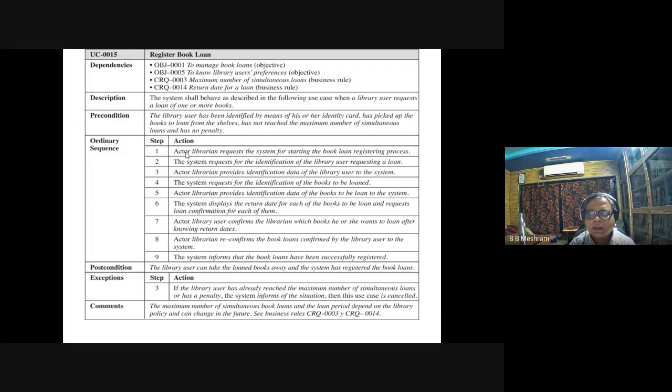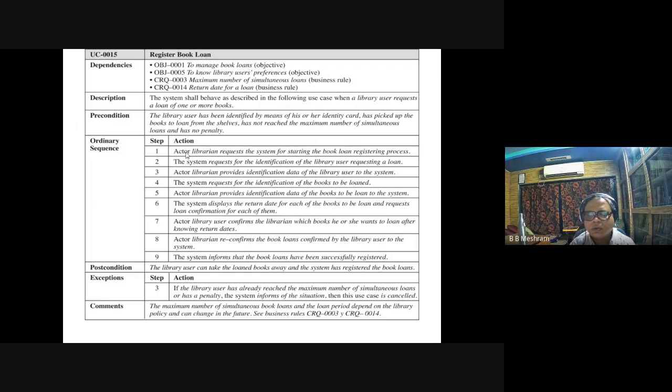Actor librarian reconfirms the book loans confirmed by the library user to the system. 9. The system informs that book loans have been successfully registered. So, after the execution of these steps, what is the post condition of the system? Post condition of the system is the library user can take the loan books away and the system has registered